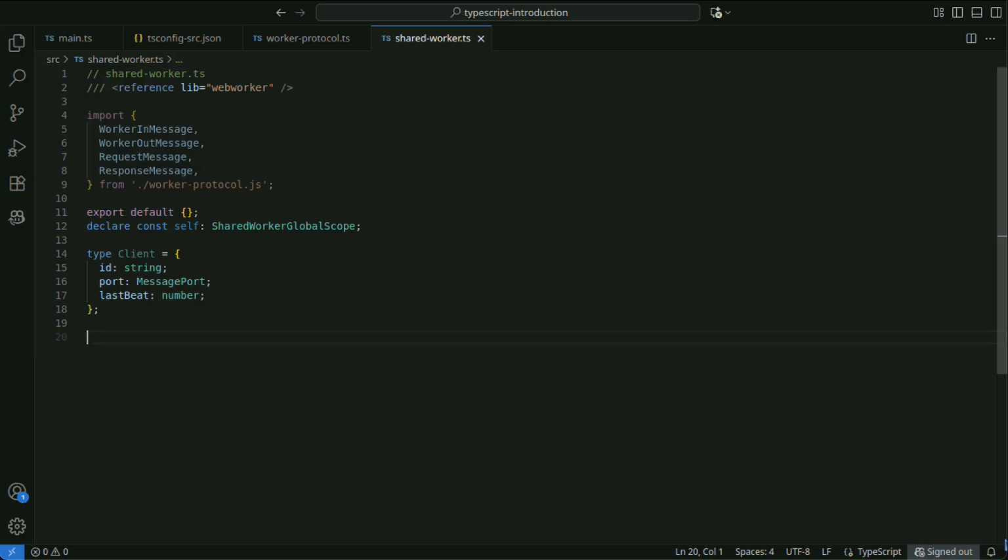Client is a type that represents each client's identifier, communication port, and last heartbeat timestamp.